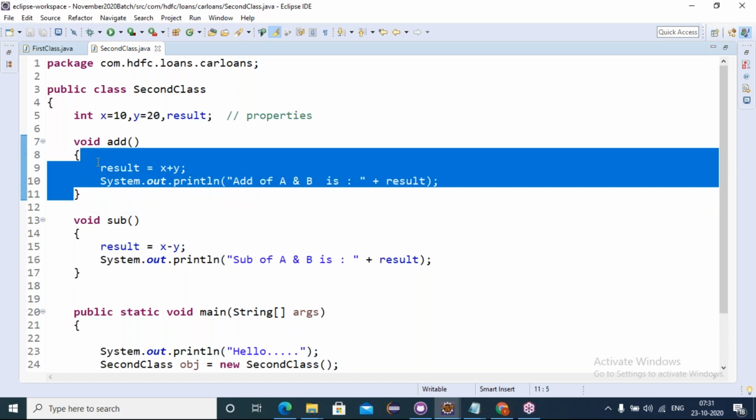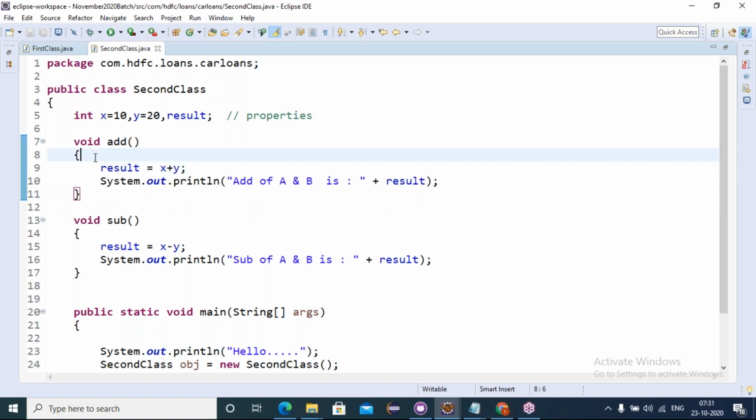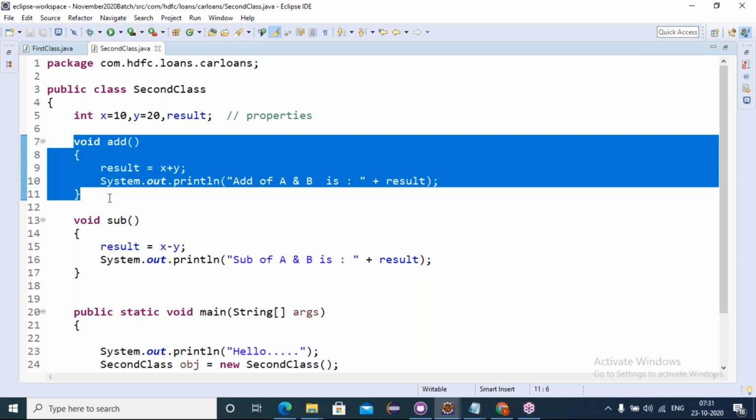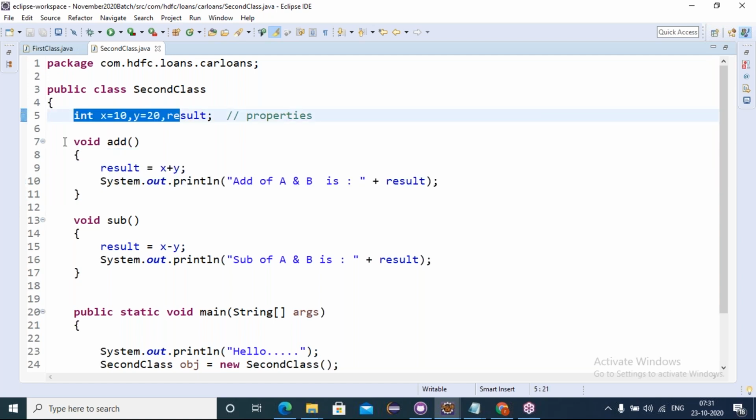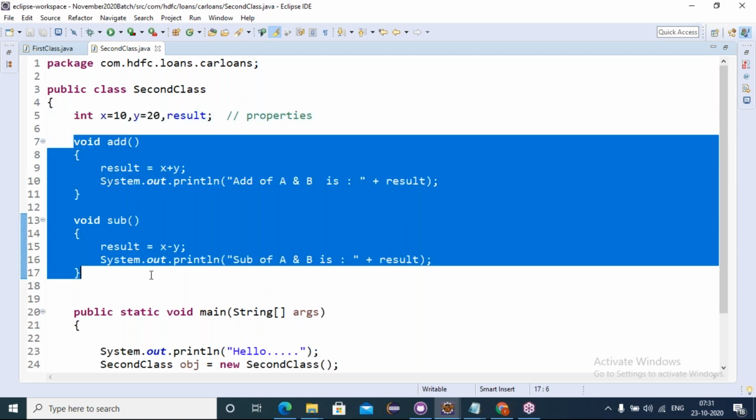This kind of behavior we call concrete behavior. In the next concept, interface, those behaviors we call abstract behaviors. They don't have any body, friends. So the class describes properties and behaviors of type concrete behaviors.